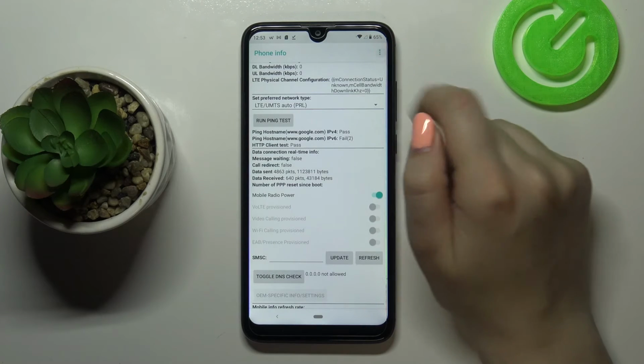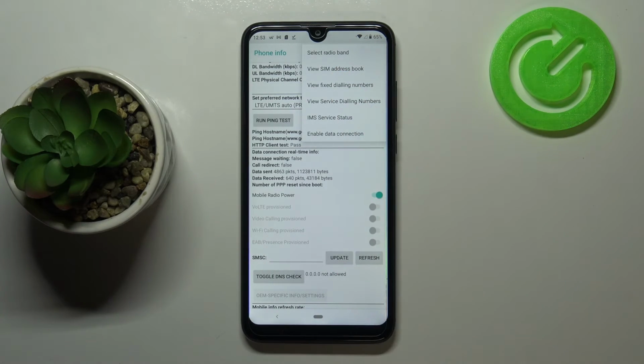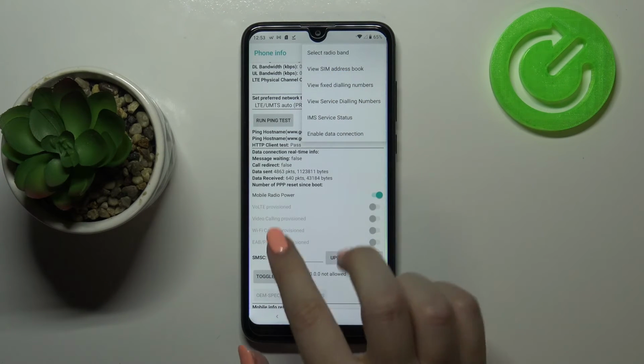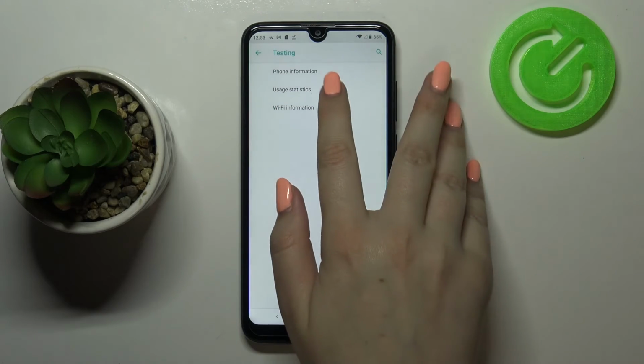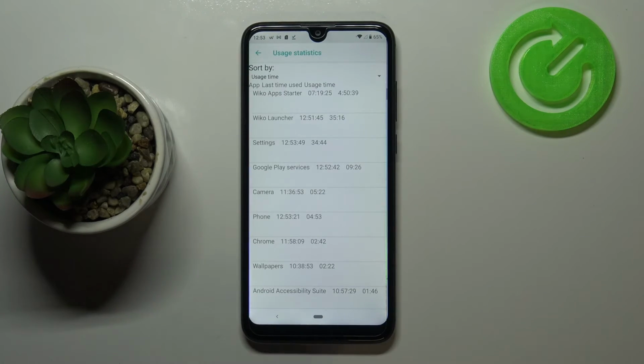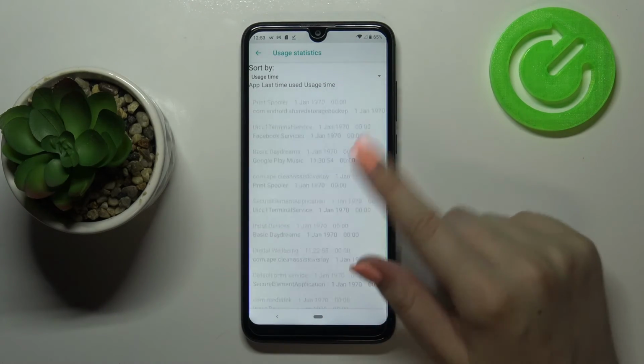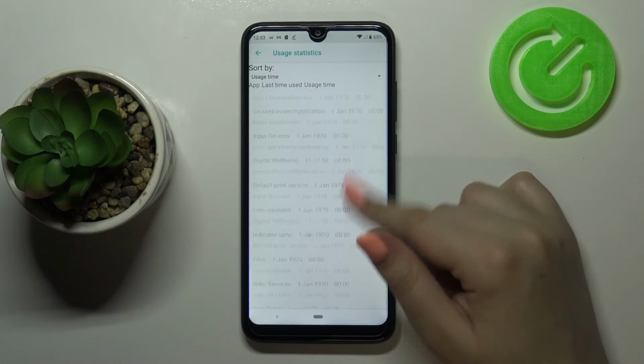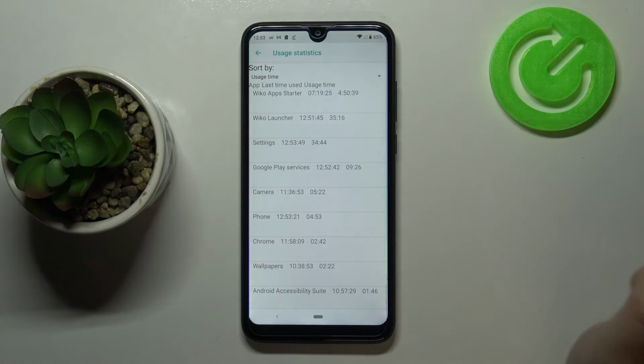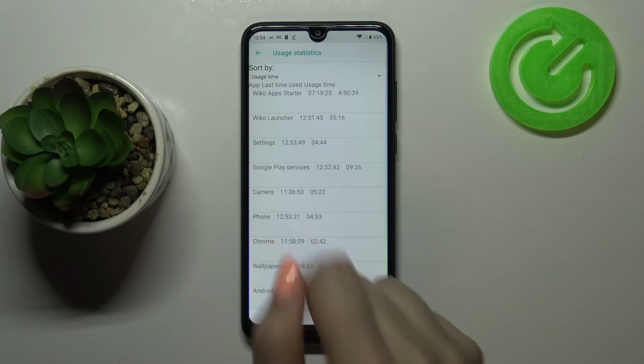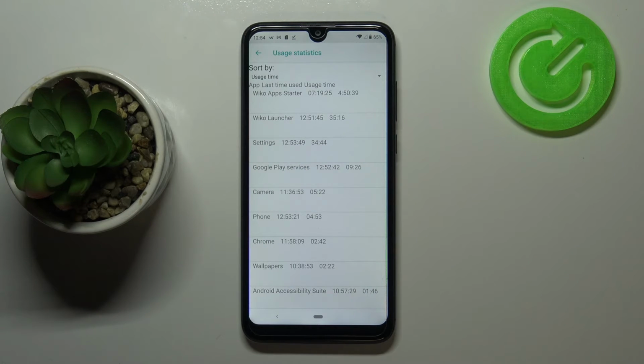After tapping on the 3 dots icon in the right upper corner, you can also select radio band or enable data connection. Let's get back and let's check usage statistics, and here we've got the list of actually all processes and all apps which are installed on your device, and right now they are sorted by usage time. So for example, we can check that we've been using the settings for almost 35